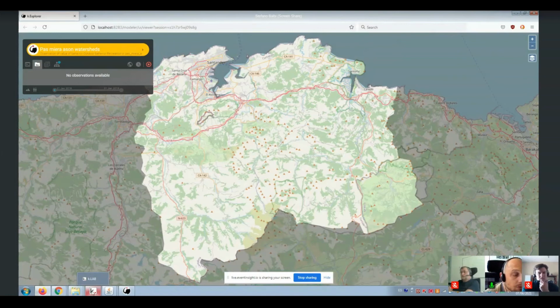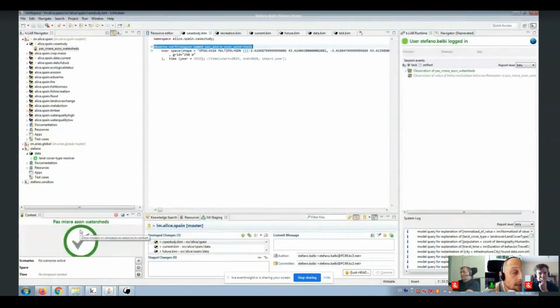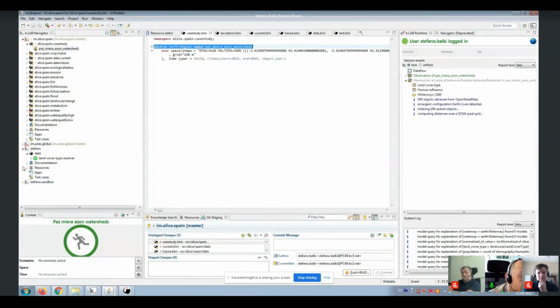So what I want to stress a little bit here is that you have the opportunity to create your own project in the modeling interface. The project is local, so whatever you source, you put here, you add here, the resource will remain with you and will not be shared unless you do something like this.